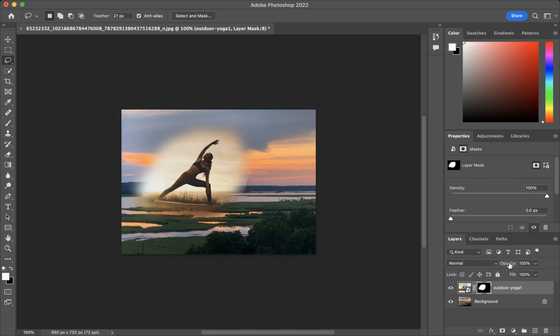Then we can go to our opacity slider over near our blend modes, and we can adjust the opacity a bit to really blend her in. It's up to you how far you want to go. It depends on what your vision is for your project. So then we're going to try to